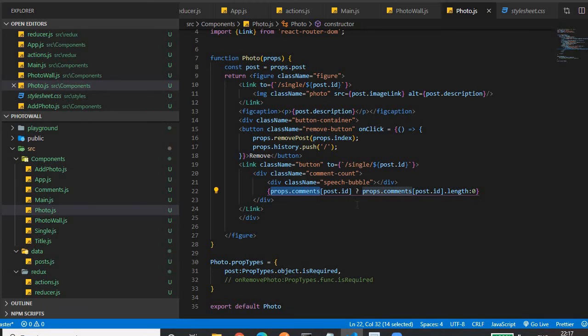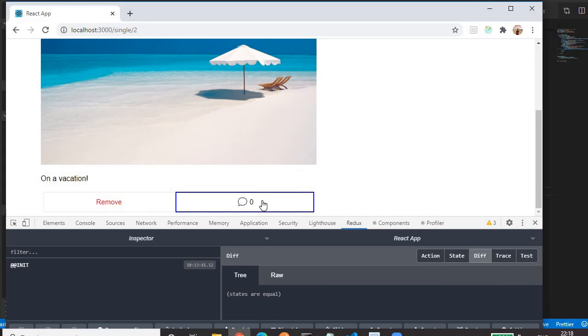Here we are retrieving the length of that comment. So post.comment is an object having the property ID, the ID of the image, so we give the property by post.id. It will give the array of comments, and if that array is not undefined, we retrieve the .length of that array. Otherwise we provide an empty array, meaning zero comments. That's why we are getting 0 initially on page load, because we have not provided any comments for this image till now.